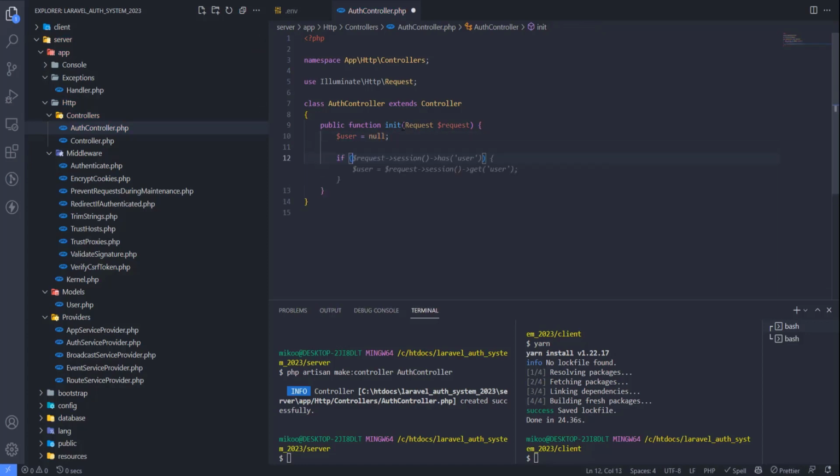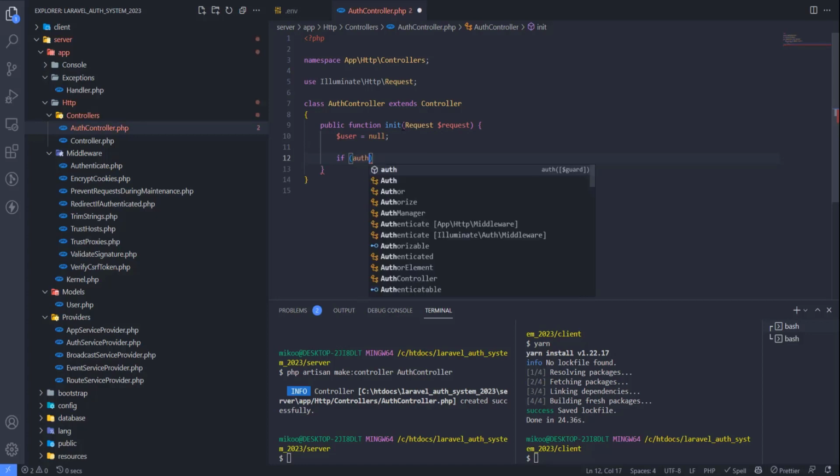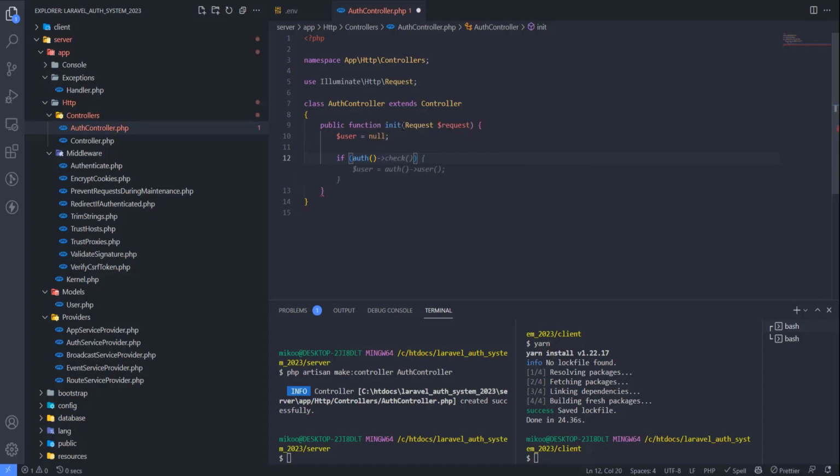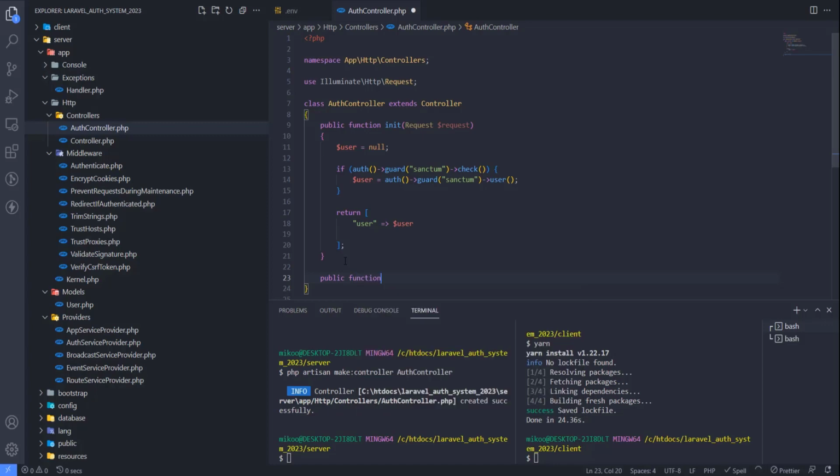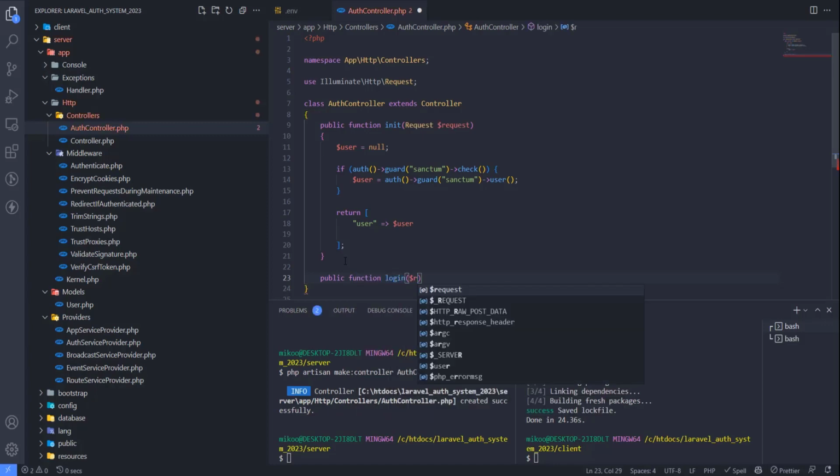Then we will say if auth guard sanctum check, then the user will be auth guard sanctum user, and then we can just say return user. Then we will need a public function login, request,